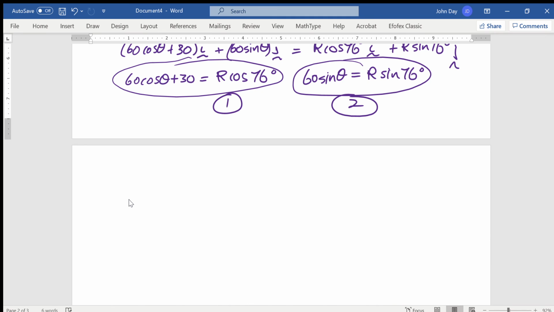Now if we divide, we can get rid of that r if we divide equation 2 by equation 1. The reason I'm thinking of dividing equation 2 by equation 1 is because sine on cos I find easy. Sine on cos is tan rather than getting cot. So that's what I'm going to do. I'm going to divide equation 2 by equation 1, and I'll write it down the long way. I would get r sine 76 from equation 2 on r cos